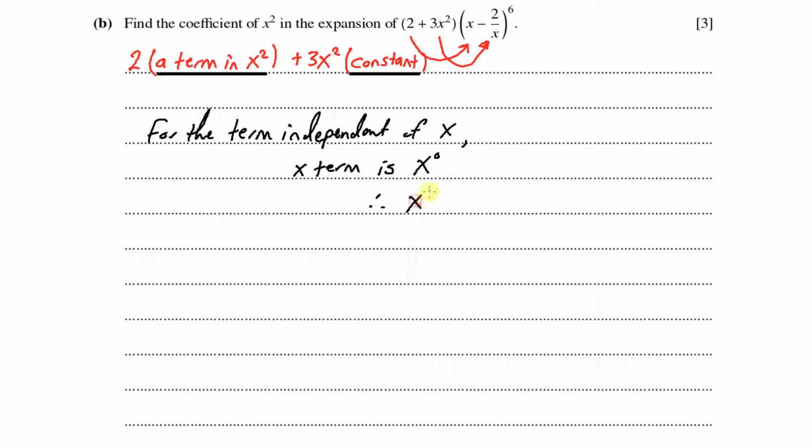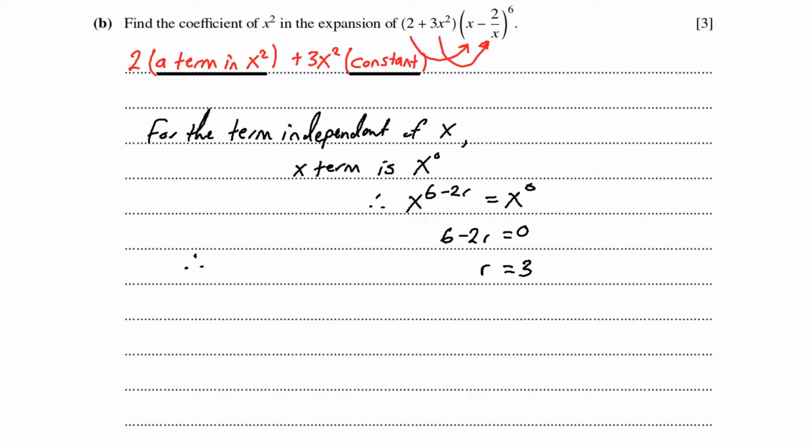So x to the power of 6 minus 2r should be equal to x to the power of 0, which means 6 minus 2r is equal to 0 by equating the powers. And if we solve for r from this little equation, we get r coming out as 3. So we now have r equal to 3, which therefore means the term independent of x is going to be,